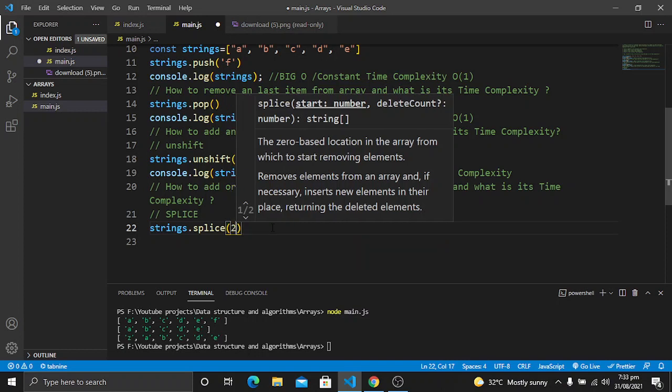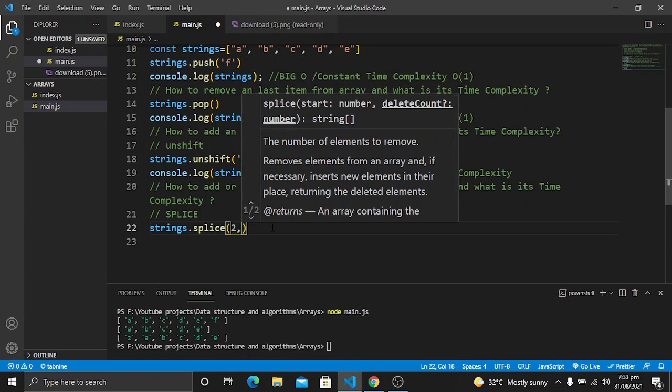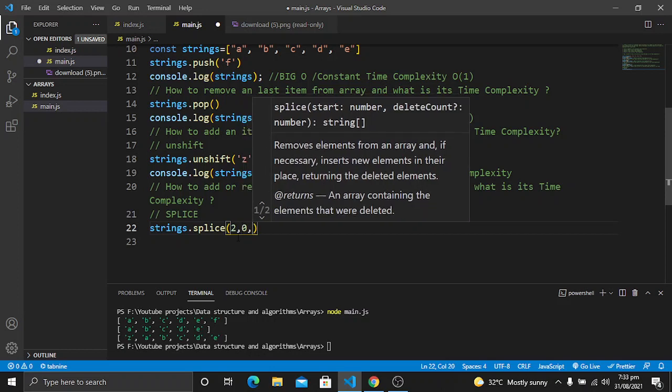So we want to select this index, and now, what do we want to remove at this index? I don't want to remove anything, so I will provide 0. If you provide 0 as an argument here, it means we don't want to remove anything at index 2. The number of items that we want to remove at index 2 is 0.